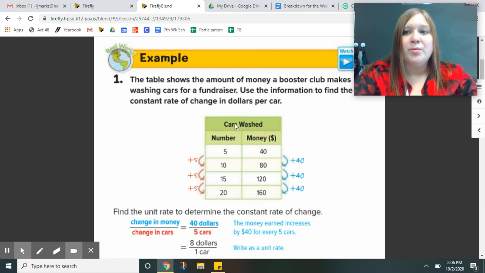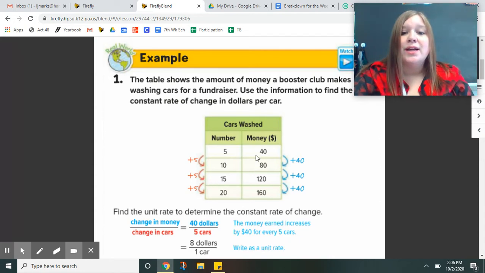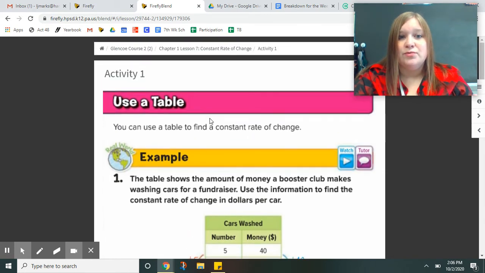So you should remember when we were talking about proportionality, how we took these tables and we found out how they were changing. So on this side, for example, it is increasing by 5 each time, how we went and did those little bumps on the side. Okay, the money side is increasing by 40. We can use this idea to find the constant rate of change,